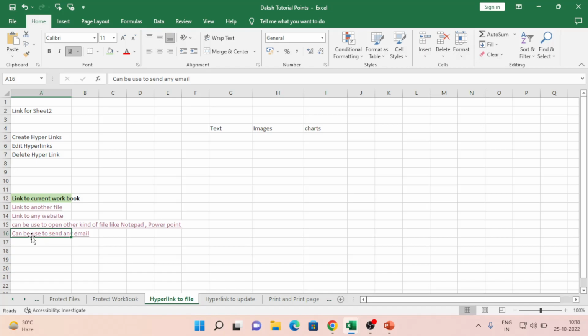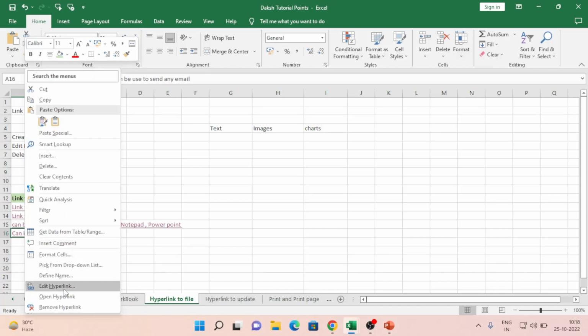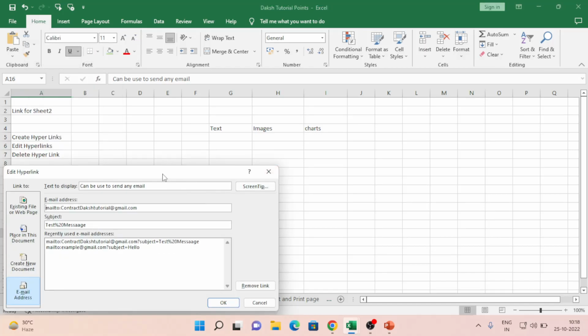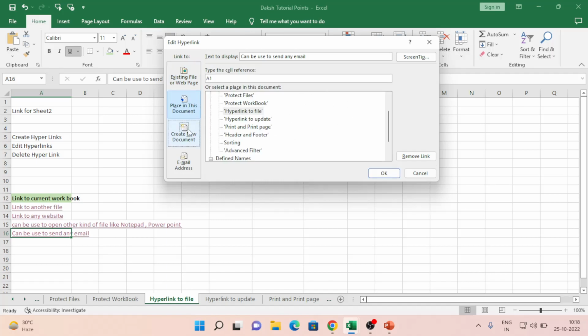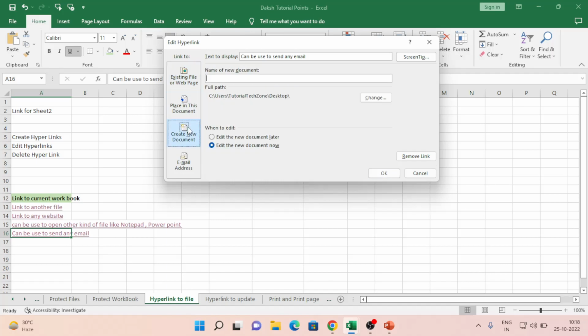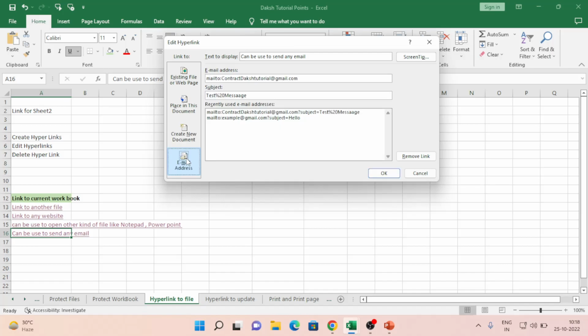There is much more we can explore by ourselves. It is not that hard. So we have an existing file or page, and if something is available, we can add it. Place in This Document shows all the places in the document we currently have open, wherever we want, we can jump. This one we will be discussing, and emails we have seen. Now,